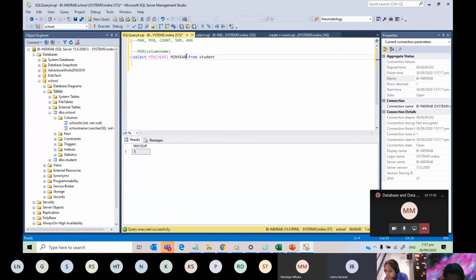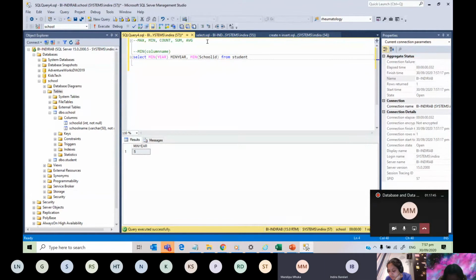Minimum. What if I want to find out both minimum of the year and minimum of the school ID? How will I find out? How are the columns separated? Comma. Yes, very good. Comma and min of school ID, right?